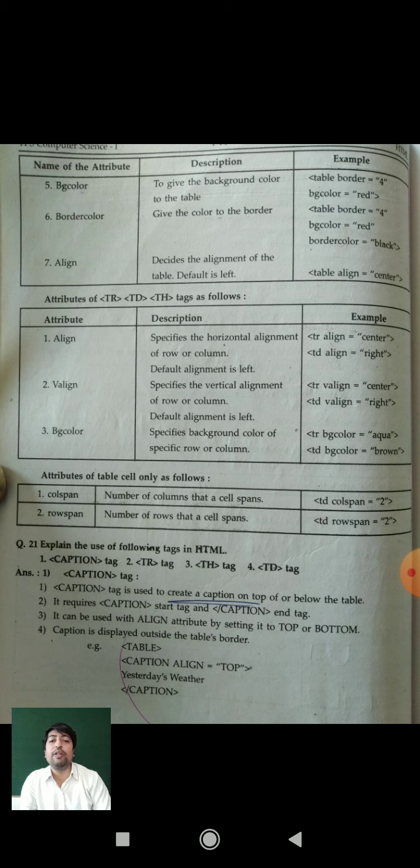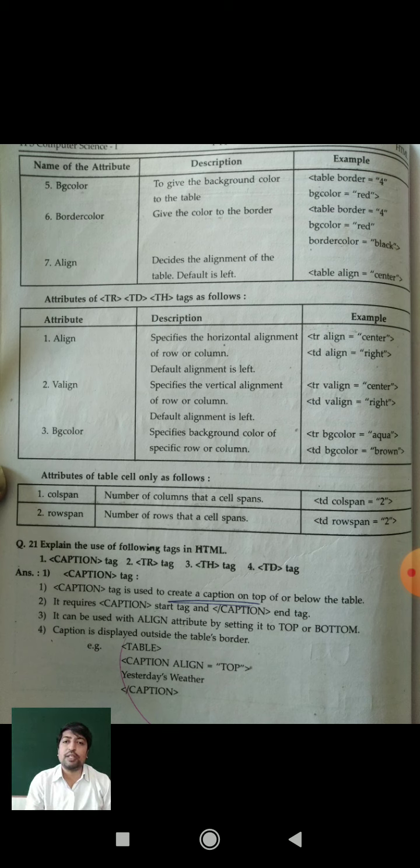We will also use the attributes colspan and rowspan for designing a new type of table, where rows can be combined or columns can be combined with the help of rowspan and colspan. We will see this in today's lecture.